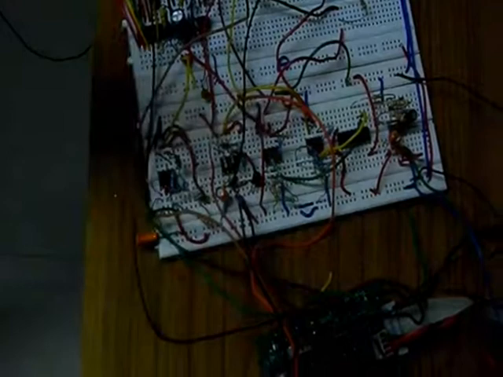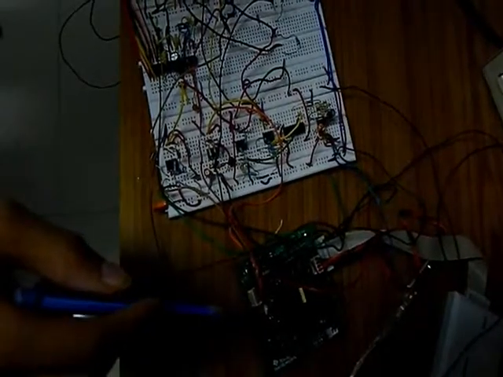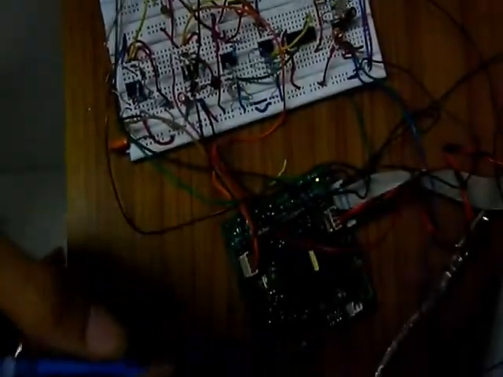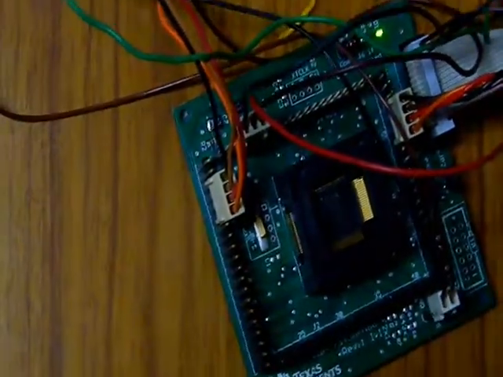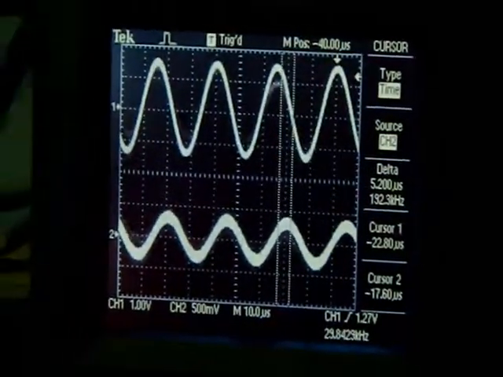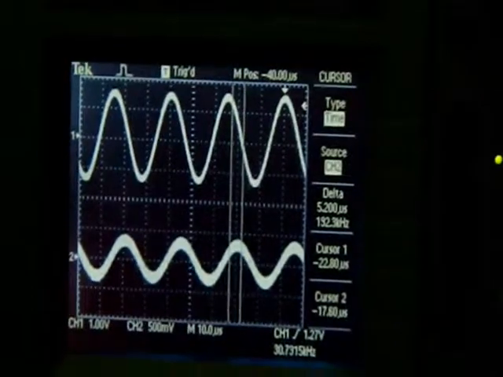The phase and peak are all analog values and are sent to the microcontroller MSP430FG439, which will convert these analog values into digital values to be used inside. As you can see, this is the smooth sine wave generated from the DAC circuit.